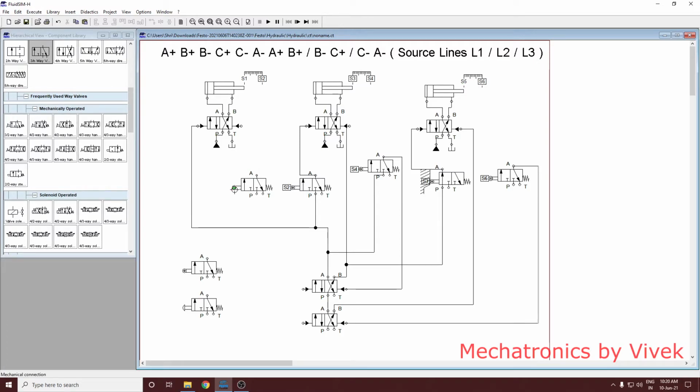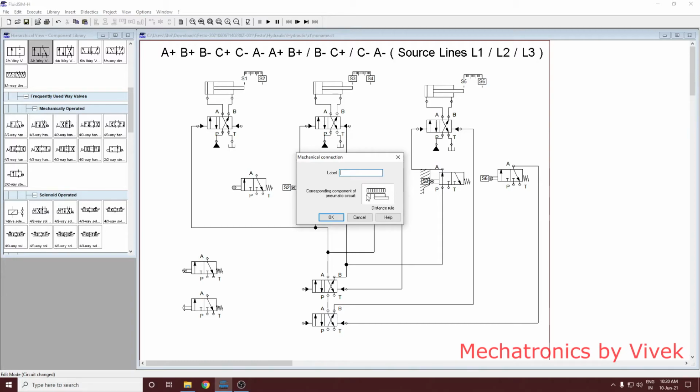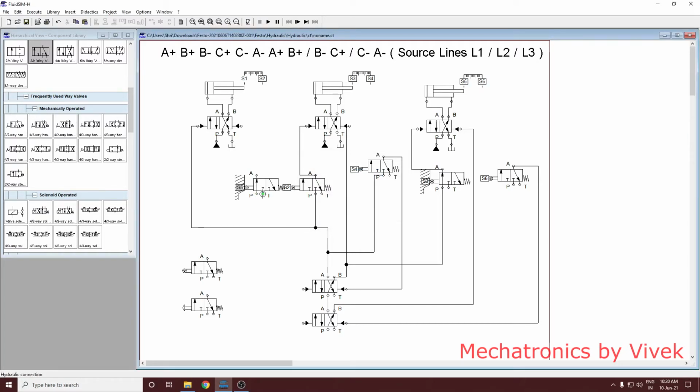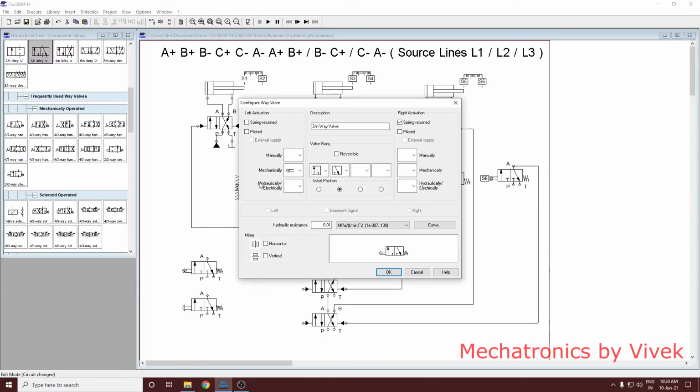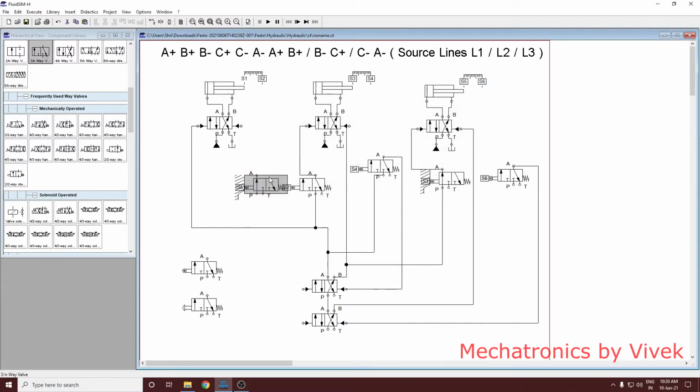So when S5 is getting true, you will achieve A minus, right? Correct. This is A minus, and A minus from where you are getting?